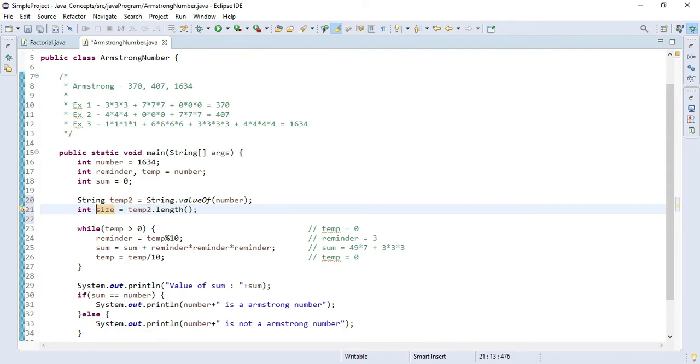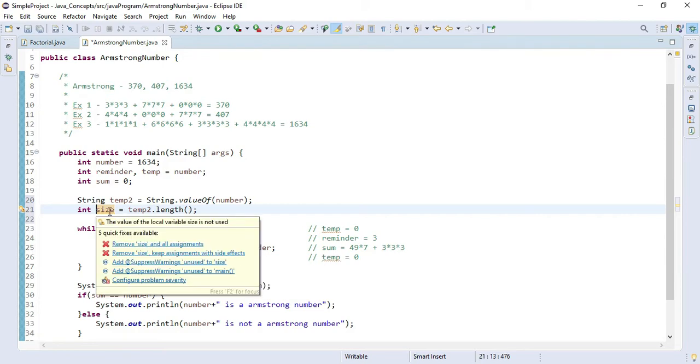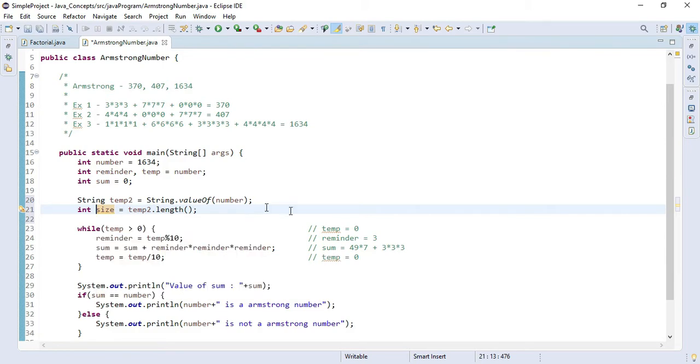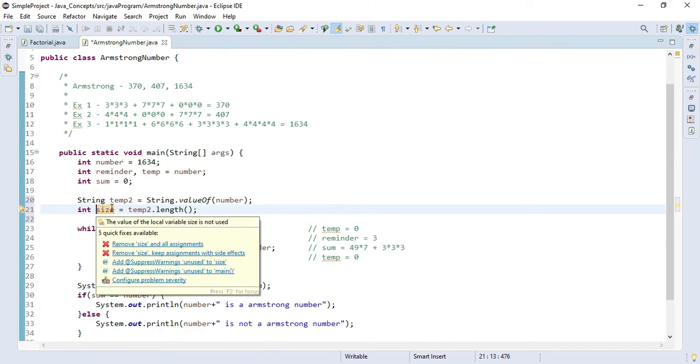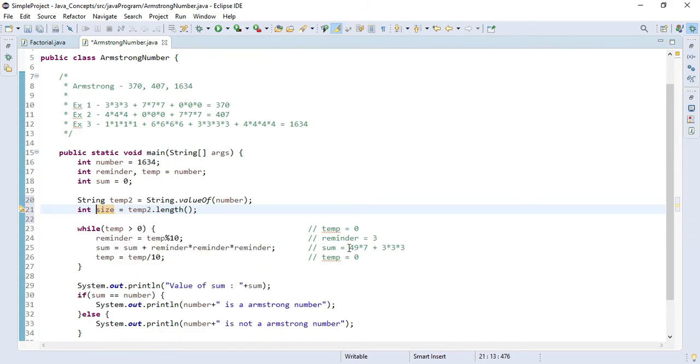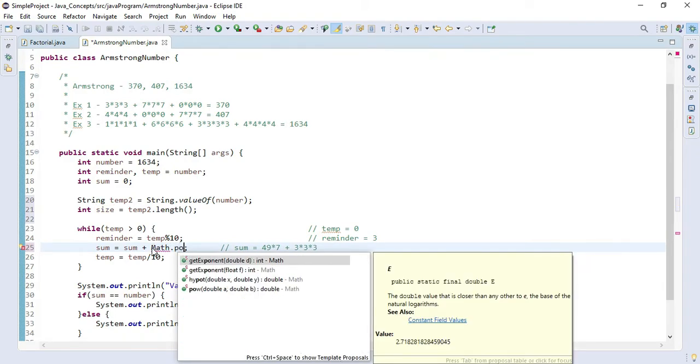So yes, we have found the size of our number, and now what we need to do is multiply our remainder on the basis of this size. If the size is 4, we need to multiply this 4 times. If the size is 3, the remainder should be multiplied 3 times. And to do that, Java has provided one very beautiful class called Math, and there is one static method called pow.